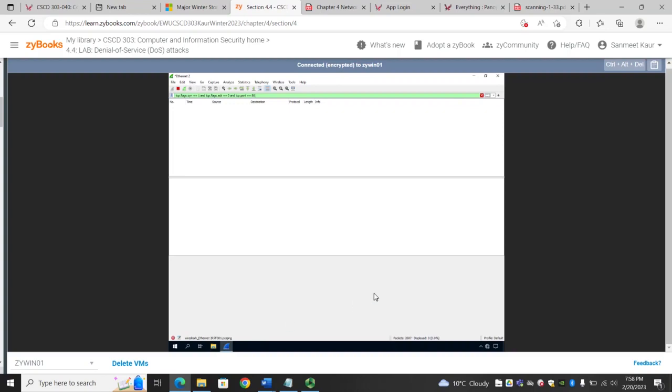It will take a while to apply the filter, and it will show you all the packets with